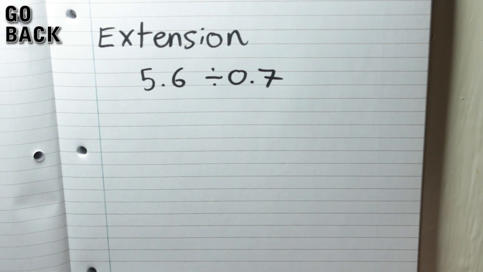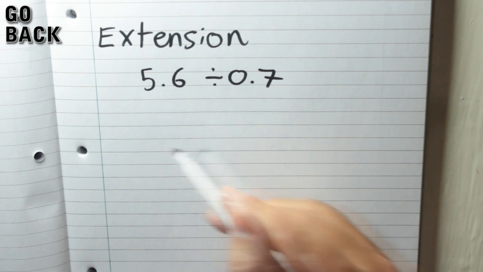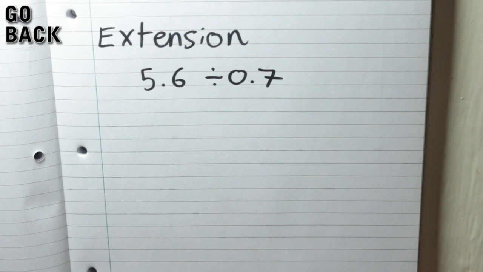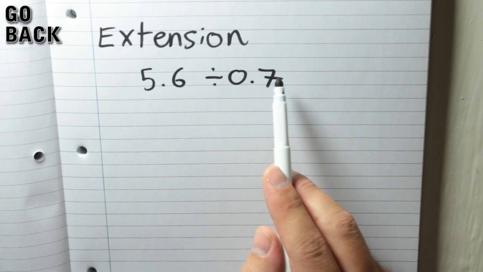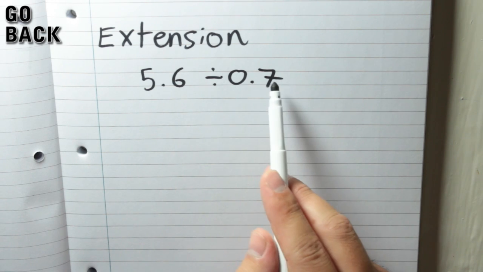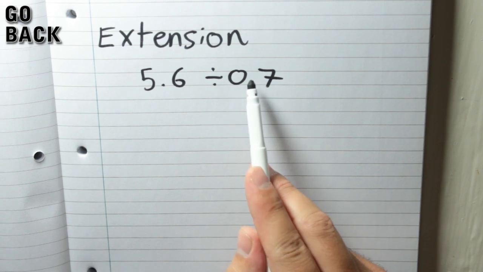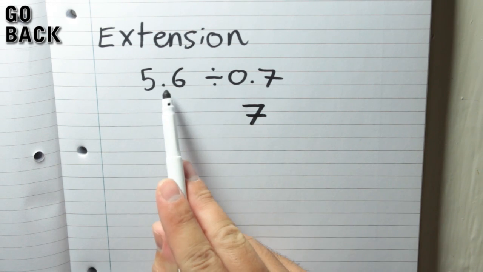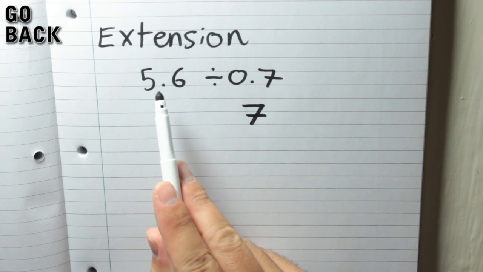The extension question, this is where we are dividing by a number that has a decimal. Now I'm not going to do a bus stop and put a decimal on the side of it. What we're going to do is remember a word starting with E. The word is equivalence. Equivalence means getting the same thing. With a divide question, I can look at this number that has the decimal. Now if I multiply that number by 10, I will get 7. Now, if I also multiply the other number in our division by 10, I will get